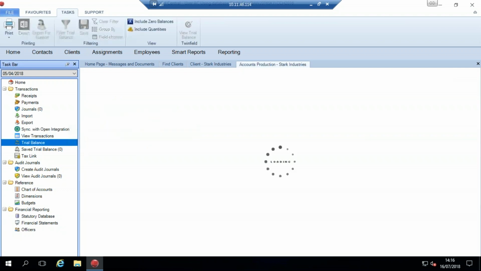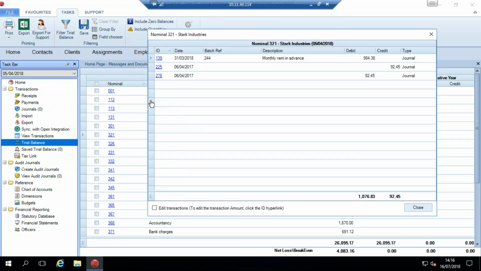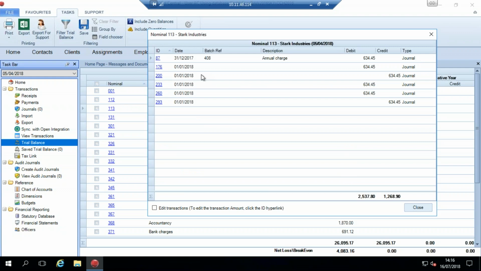Yeah, so as you can see, the data we bring in is at a transaction level. So when I look at the trial balance here, I can actually drill into any individual nominal code and see the individual transactions that are posted on there. One thing perhaps just to highlight, that batch ref there is also the transaction ID that comes from 0. So if you do want to tie up the transaction back in 0, you can use the batch ref to